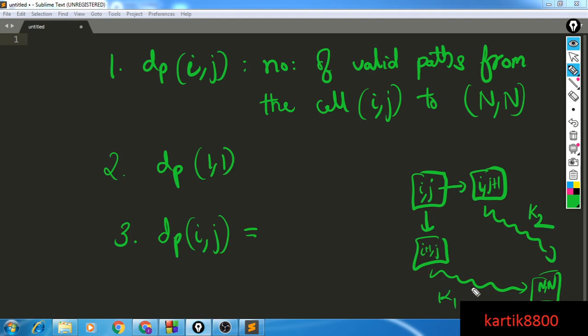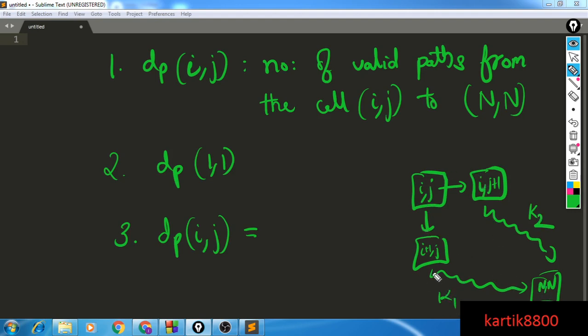I could take all these k1 ways and prefix a down move, and all these k1 ways will also be valid ways from i comma j to n comma n. Same way, I could take any of these k2 ways of going from i comma j plus 1 to n comma n and prefix a right move, and all these ways will also be valid ways from i comma j to n comma n. Hopefully the idea here is very clear.